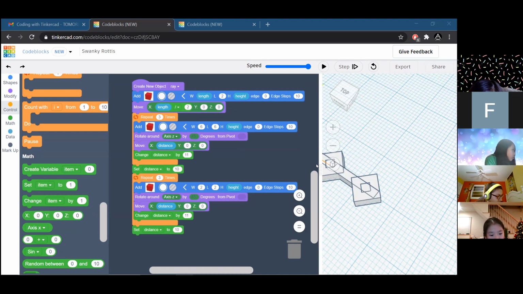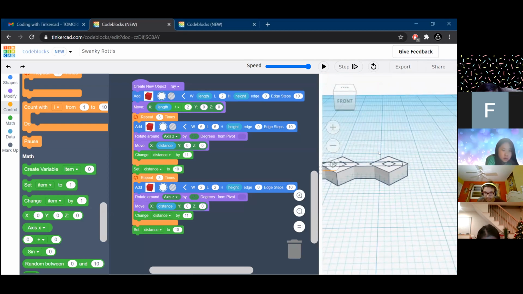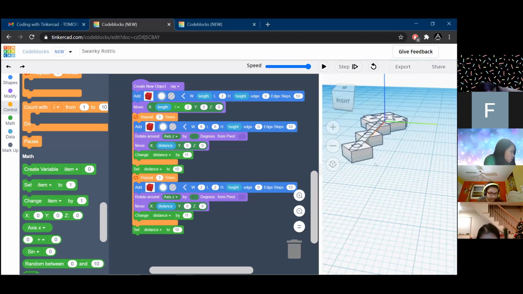Okay. Now we are almost done, actually. Actually, it's interesting. I don't think you'll actually see the small squares.